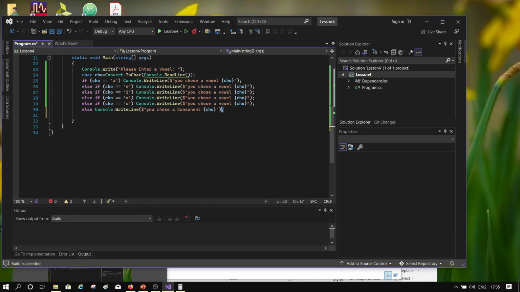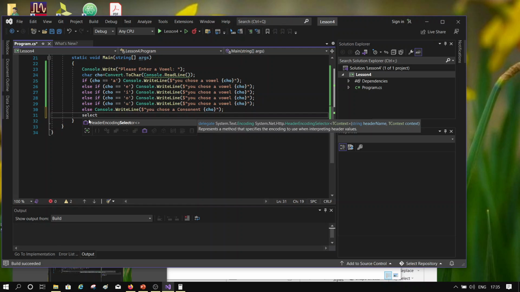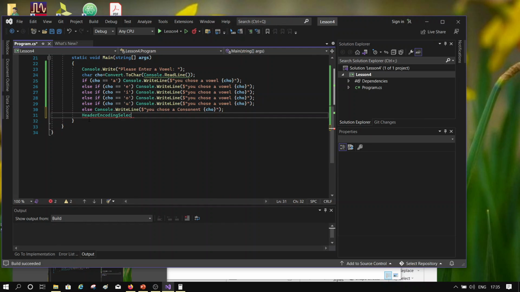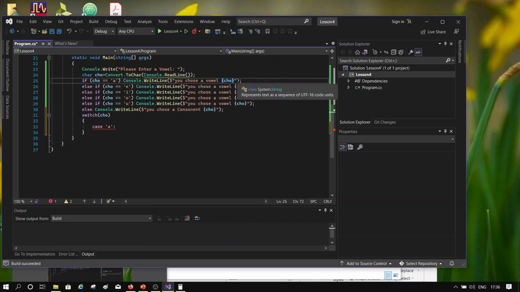Yeah. So let's say I read it, and let me just first write it. I can say select. Okay, and the select is switch, not select, sorry, switch on a variable which you entered. Okay, and then there's a body of switch, and say case A, okay, case A, then you are going to write you chose A, right? Console.WriteLine, Control C,